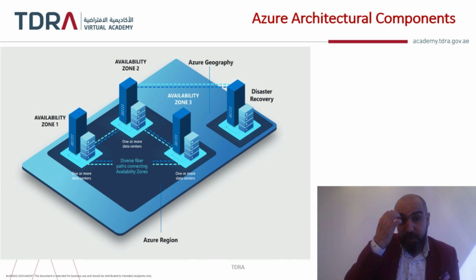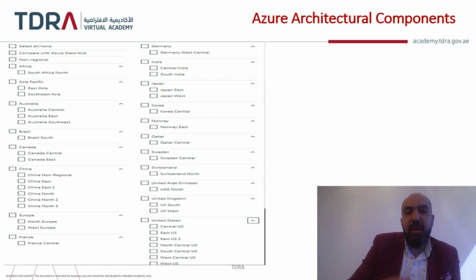So here, this is the availability zone that I have. For example, an Azure geography has 3 availability zones, so you will find the data center is divided. They are connected to each other with high-speed fiber cables to give you very good speed. They also put one building as a disaster recovery. These are the regions that they cover, which I took from the Azure website.